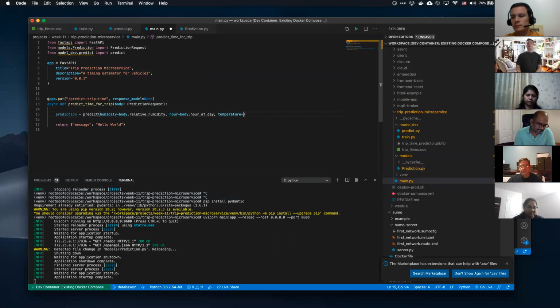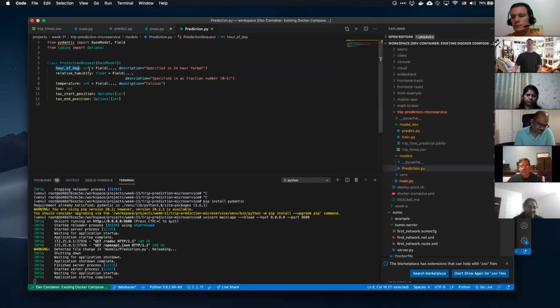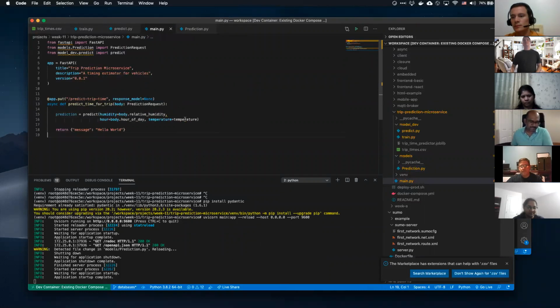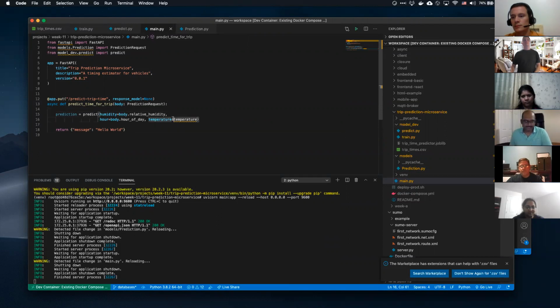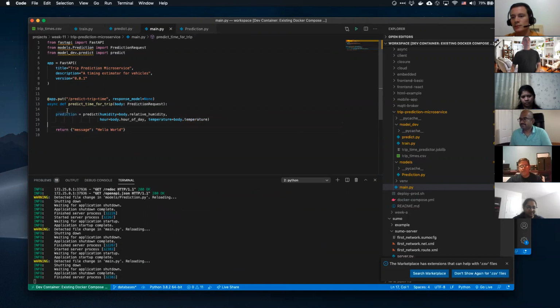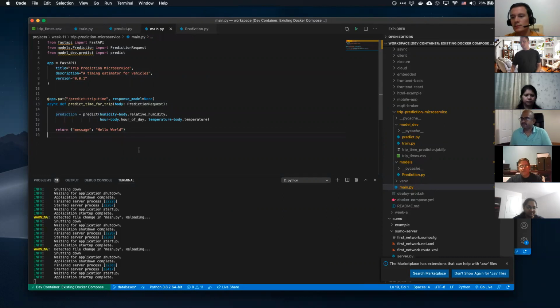And then we have temperature equals temperature. Oops, we need body.temperature. That's pretty cool. And then what we can potentially do here is just say prediction, and the prediction is going to be the severity factor.